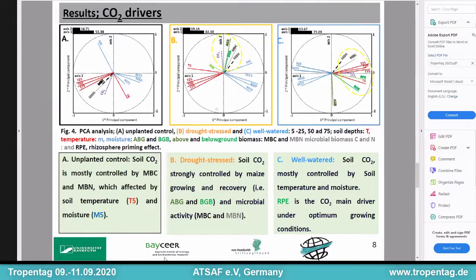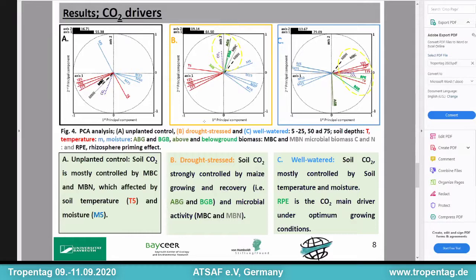When I come to the drought stress, I'm referring to temperature with T and moisture content with M. Here the drivers are slightly different, because under drought stress, the CO2 is strongly controlled by above and below ground biomass, and also by microbial biomass carbon and nitrogen. This means that when we irrigate, the crop is stressed, and when we irrigate a little amount of water, the